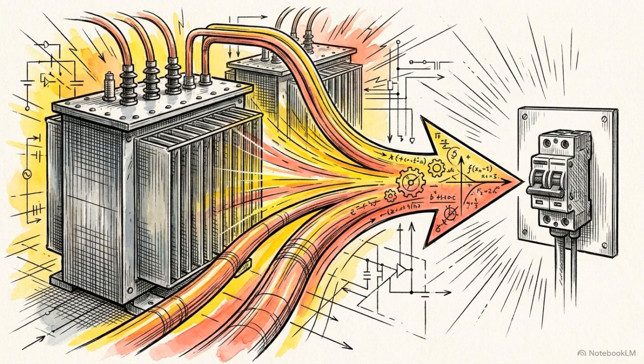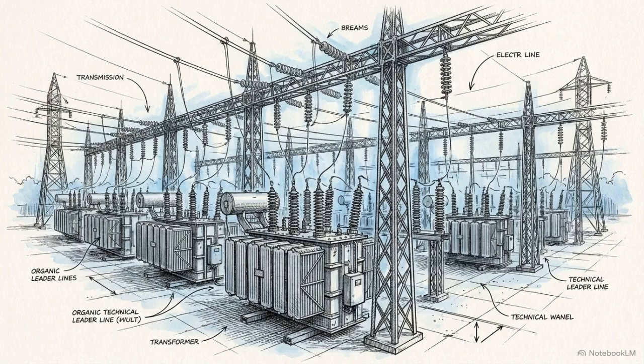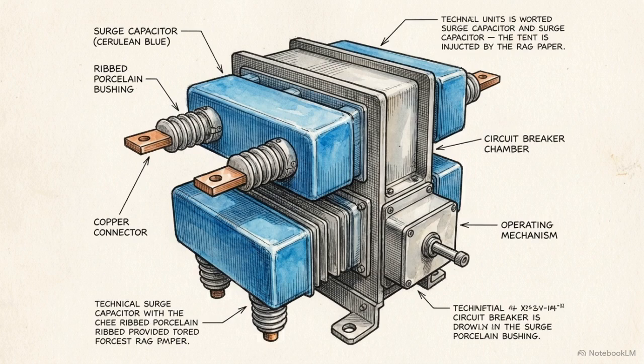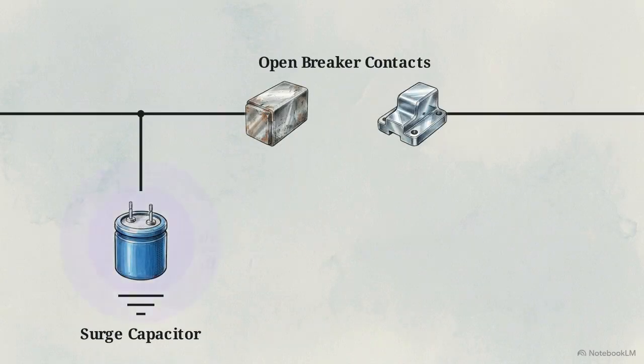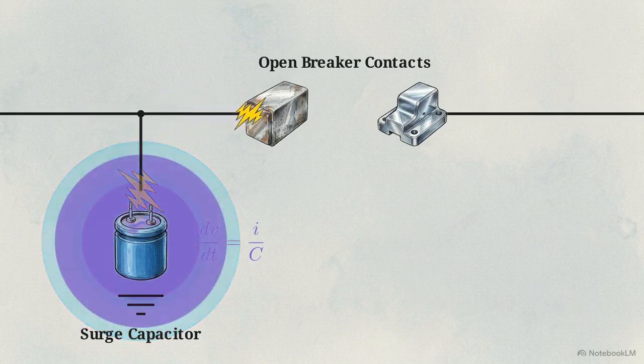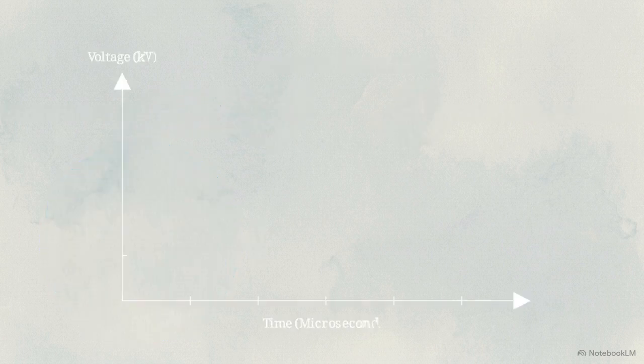The layout of the copper, steel, and substations around the fault entirely dictates the speed and shape of the electrical weapon pointed at the breaker. If the grid's physical layout guarantees a deadly rate of rise, engineers have to figure out how to rig this microsecond race to guarantee the breaker wins. The first method is a physical solution, installing surge capacitors directly at the circuit breaker's terminals. By nature, a capacitor opposes rapid changes in voltage. As the energy rushes toward the gap, the capacitor absorbs a portion of it, forcing that steep, dangerous voltage spike